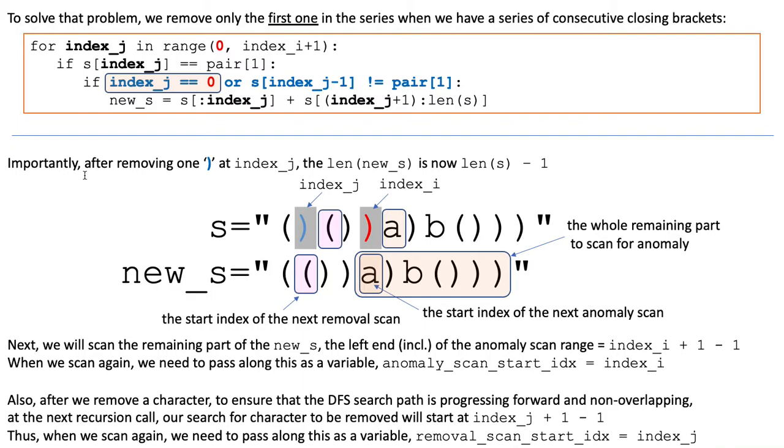Now, let's consider the situation after we remove one closing bracket at index j. So first of all, the length of the new string will become the length of the old string minus 1. Next, when we scan the remaining string for anomaly, we want to start at the immediate right of this previous index I, which means index I plus 1, and it's the character A here, for example. However, since we have removed one closing bracket at index j, we will take one step back. So the actual start index for the next anomaly scan will be index I plus 1 minus 1, which equals to index I. And we will pass this along as a